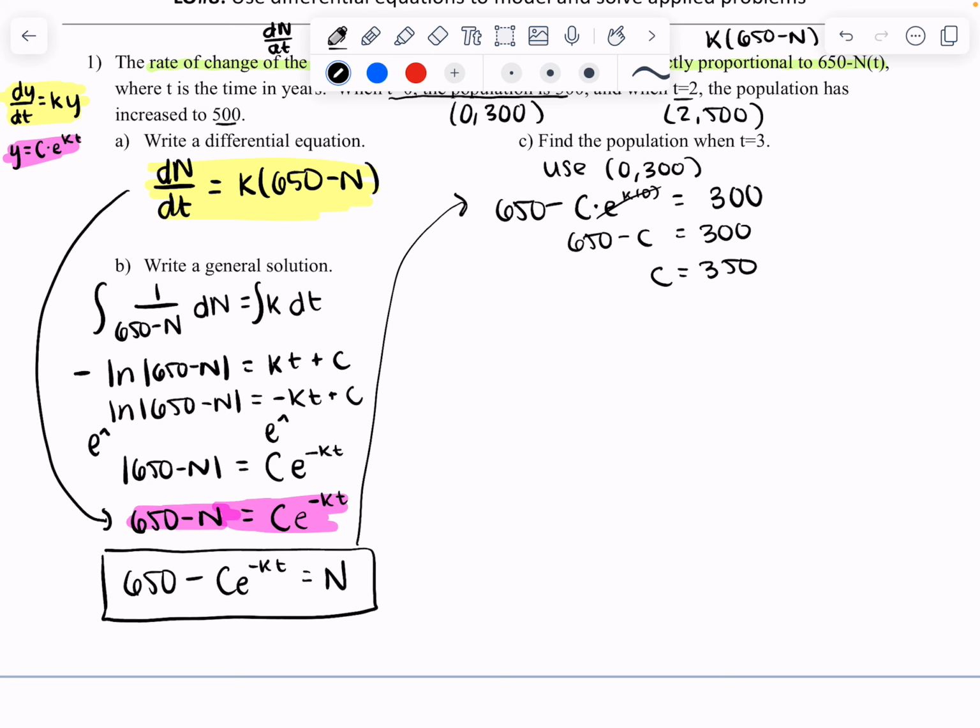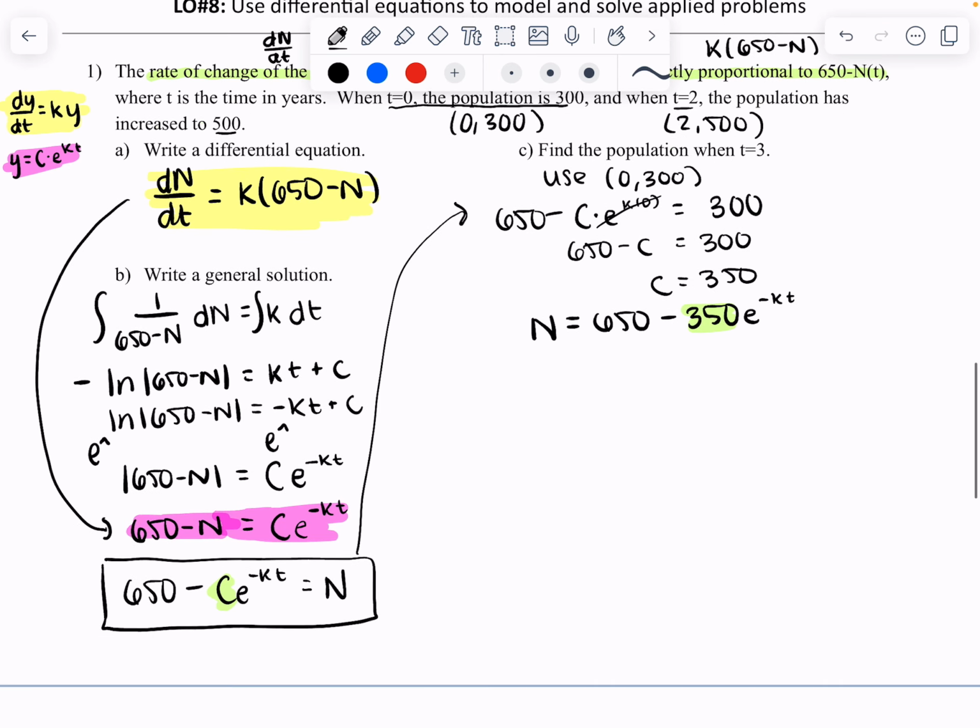Now I'm going to write my equation again. N equals 650 minus, okay, now I'm going to plug in my c, 350 e to the negative kt. So all I did there was I replaced my c with the value that I found for it. Now we can use the next initial condition, which is (2, 500). So now we're going to use (2, 500)